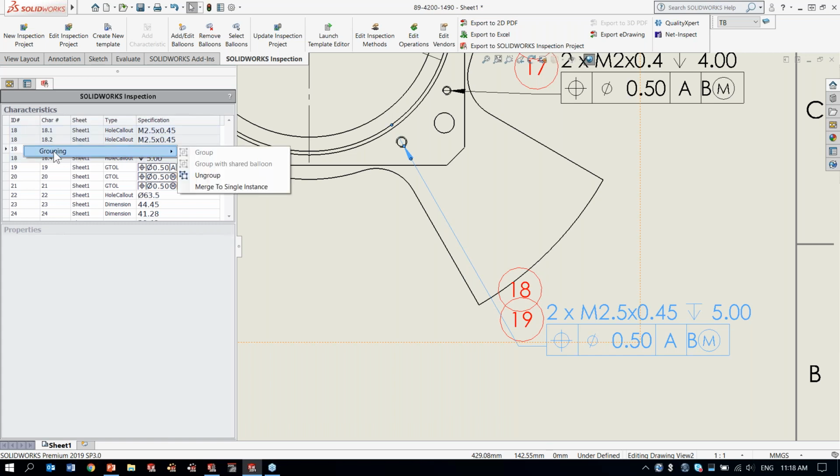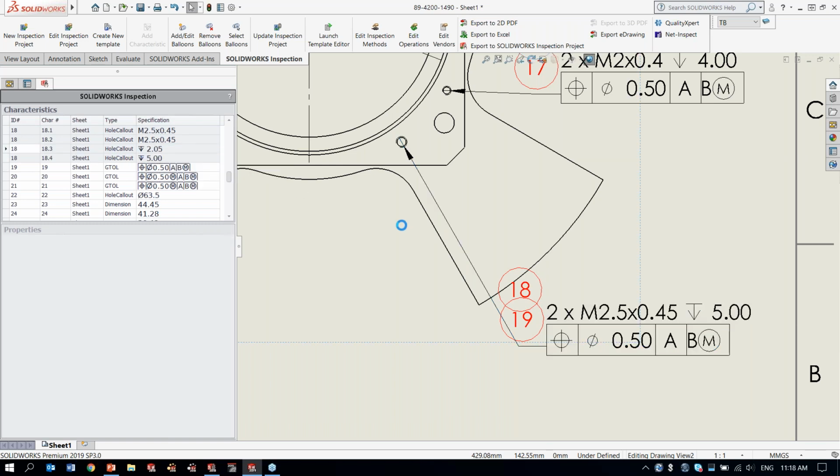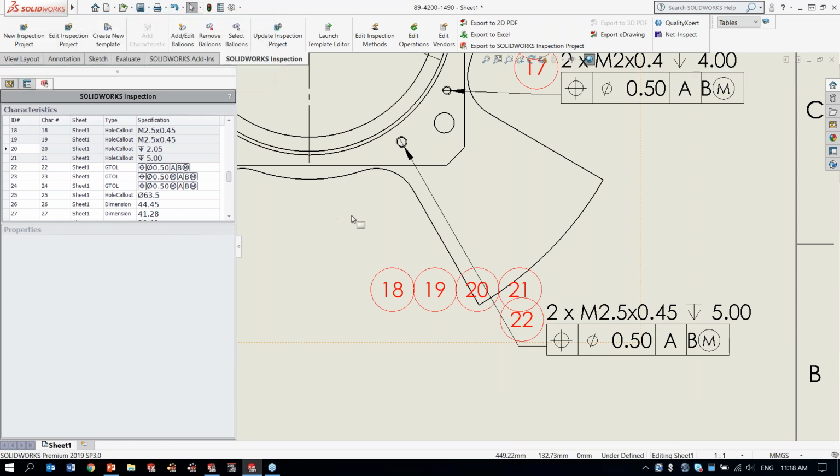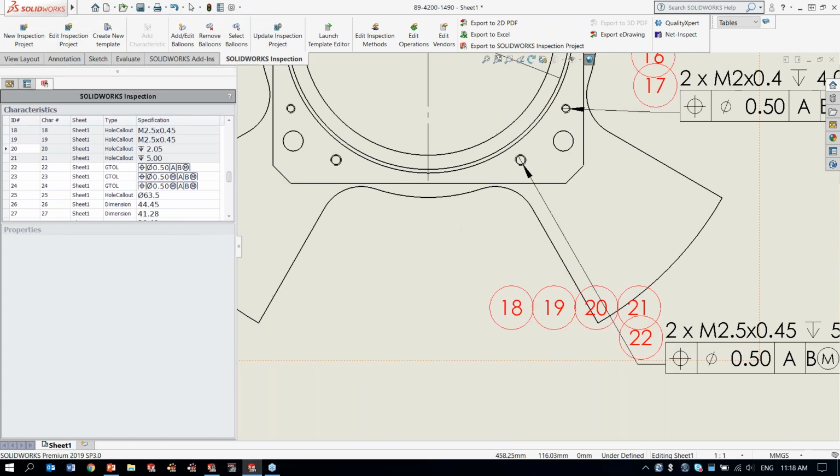So for example, I've got 2 holes and I want to have balloons for each of the holes, not one balloon for everything. I can simply ungroup. And so just to show the flexibility of the tool, it's going to create a balloon for each of the holes and each of the dimensions. So the 18 and 19 is actually the tap information, and 20 and 21 is actually the depth information for that particular